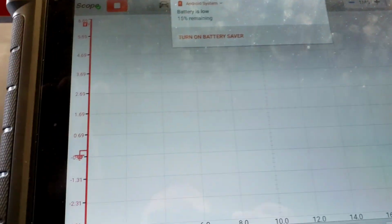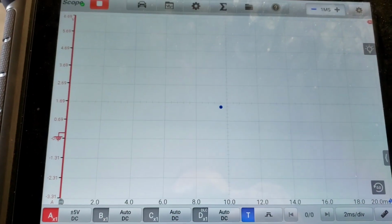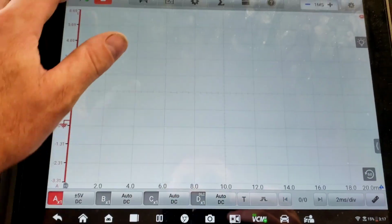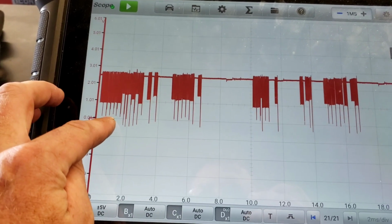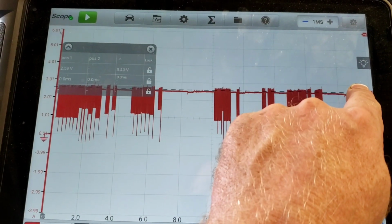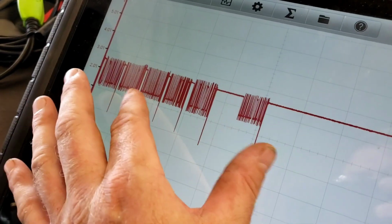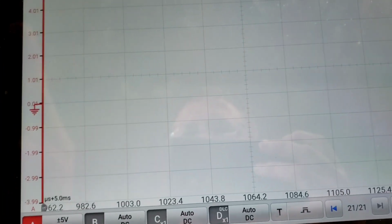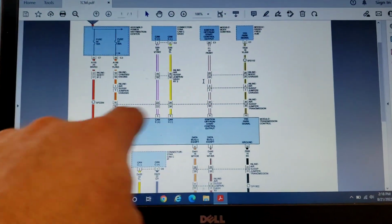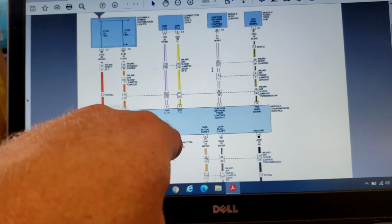Battery's dying. There's CAN low. That looks good. We got our 2.5 bias voltage. Messages should be square waves, which they are. So that tells me we got power, we got ground, we got CAN bus, high and low, high speed CAN